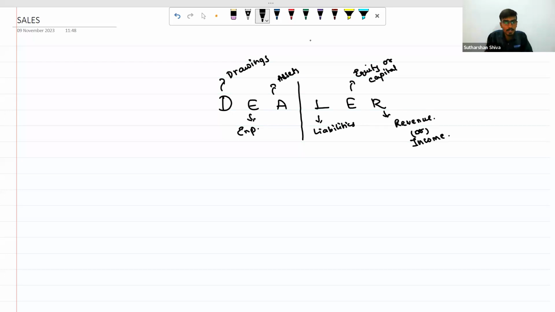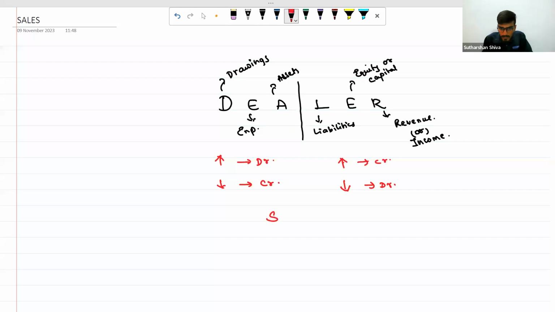As far as the modern approach is concerned, if these three are increasing, you can debit them. If these three are decreasing, you can credit them. As far as liability, equity, and revenue are concerned, if they are increasing, you can credit them. If they are decreasing, you can debit them. This is a simple basic rule apart from the traditional approach, that is the golden rules of accounting: real, nominal, and personal accounts.